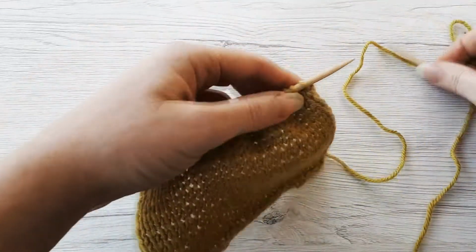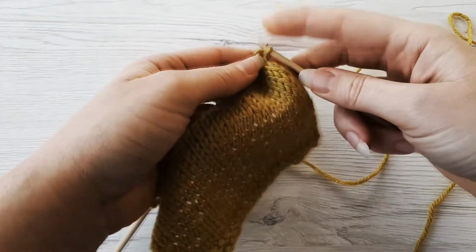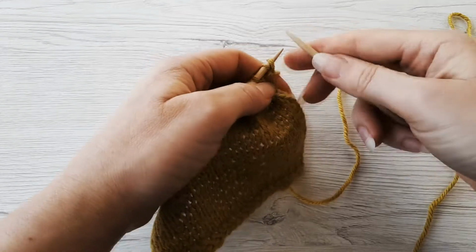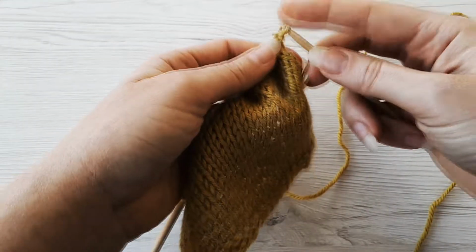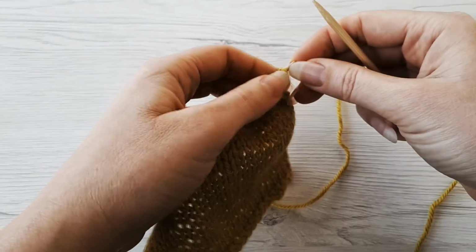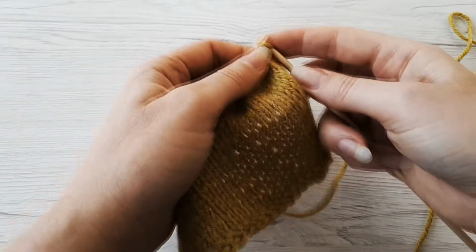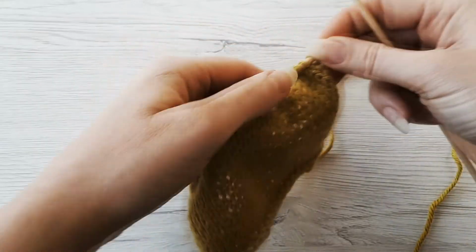To cast off all stitches with I-cord, we need to cast on 3 new stitches. 1, 2, and now I'm going to cast on the last one. 3. Okay, now we knit first 2 stitches,